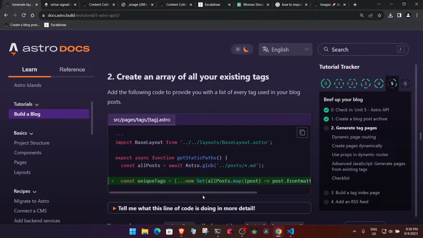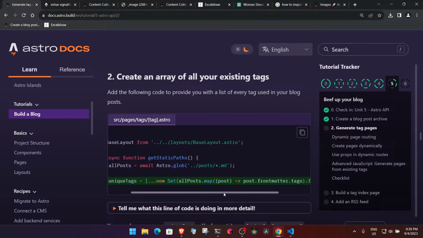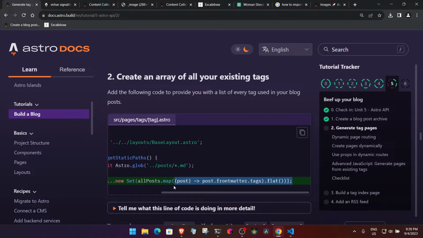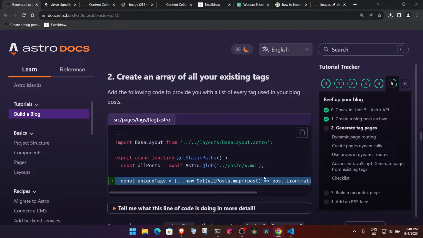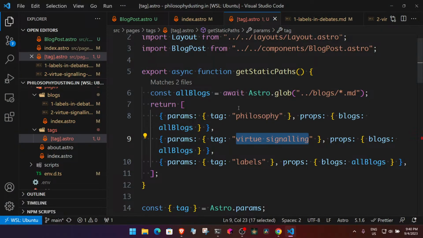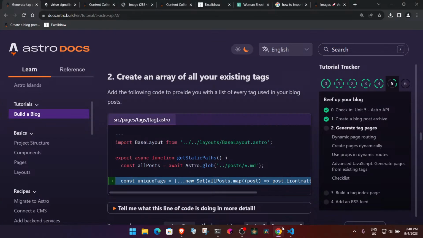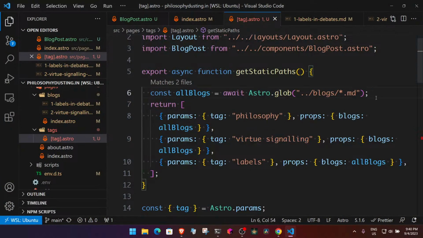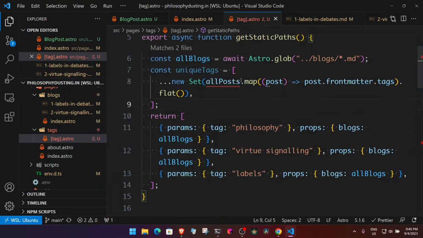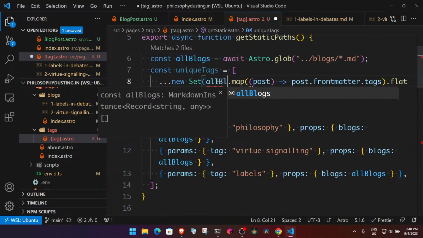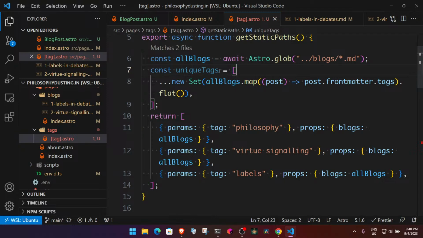Okay, inside this tag itself, I'm creating a new set so that every tag should be first of all unique, and then I'm basically mapping all the front matter, which is this, and then making it flat. So this is also going inside the getStaticPaths only. Fair enough. And this is going to be blocks. So now all the unique tags is something that we have. Now if I